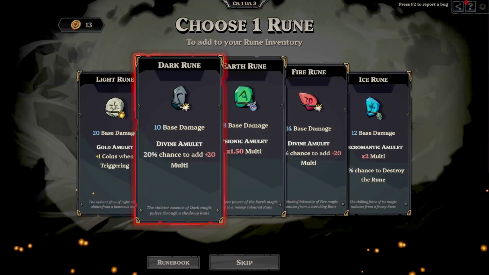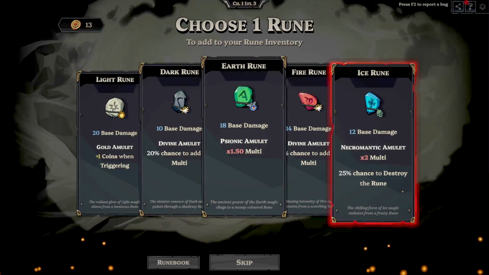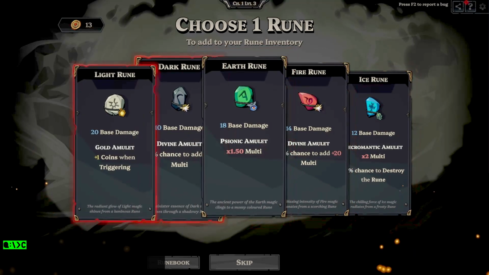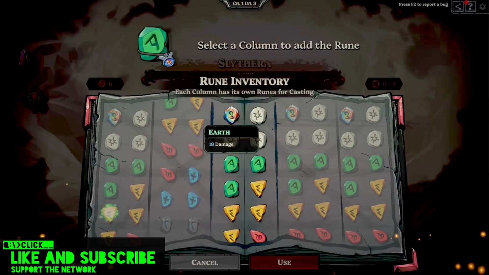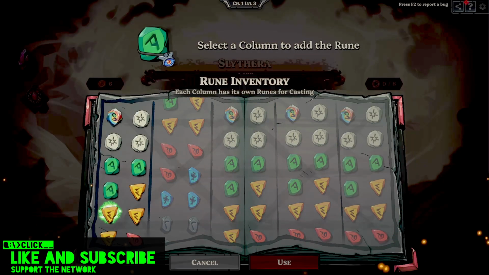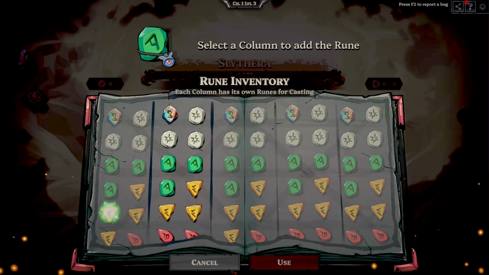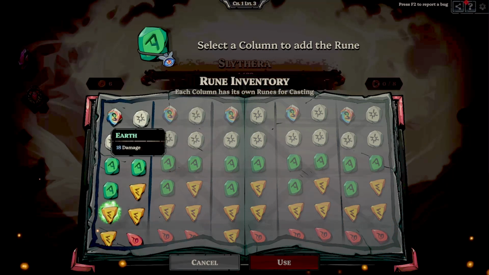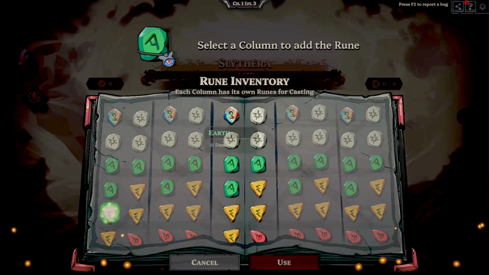Where do we add it to? 1, 2, 3, 4, 5. Oh, is this like, will it add to these particular rows? I'm gonna add the green. Oh, now I get to choose. I kind of want to go... Oh, and we added the aura to this. I kind of want to add it